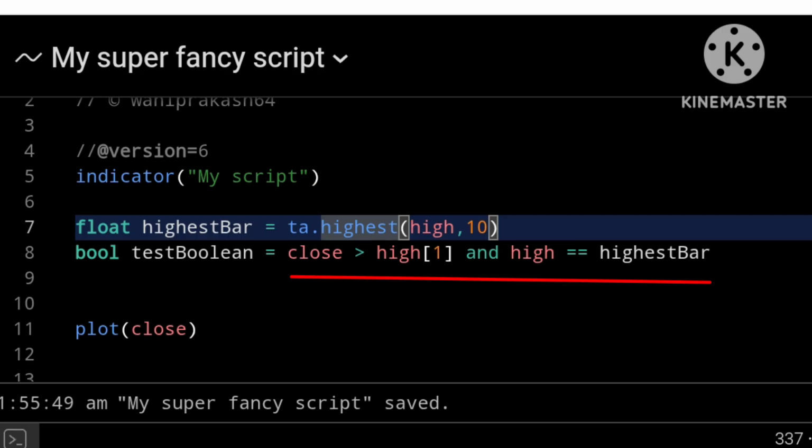So if this check fails, it doesn't affect this function anymore, and this code here will just not be run, and that makes our script execute faster and more efficiently on the TradingView servers. So that is something to be aware of. It is a trap that you may fall into in your coding if you are not aware of this functionality of PineScript. So again, this is a bit of an advanced concept.